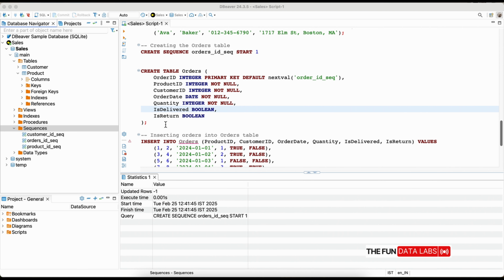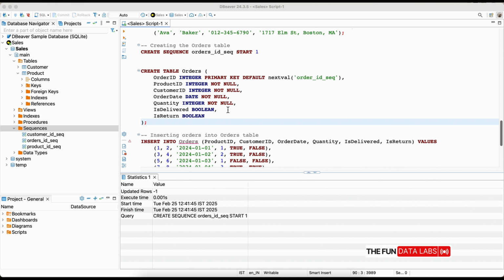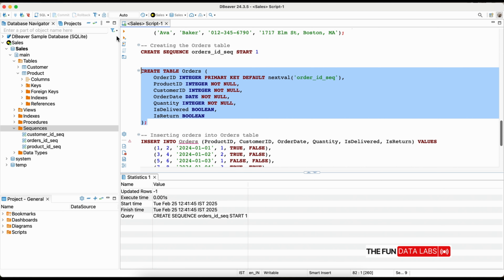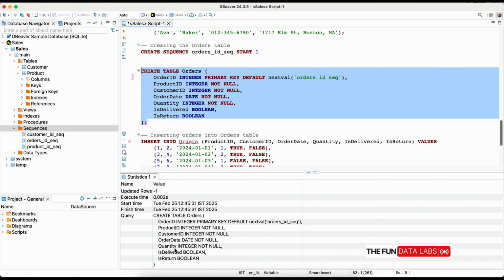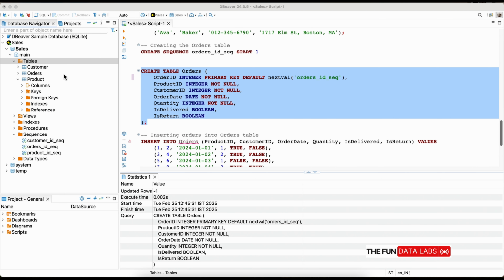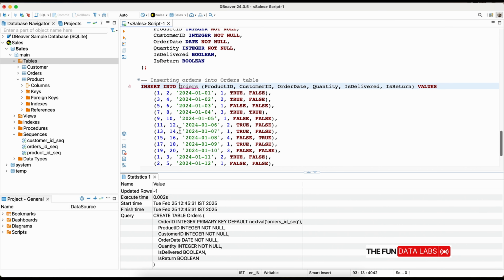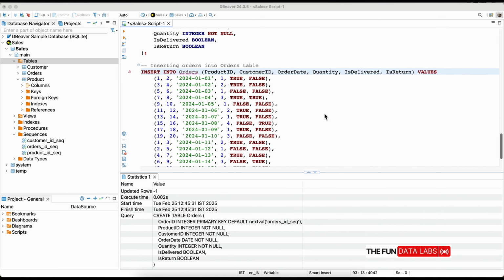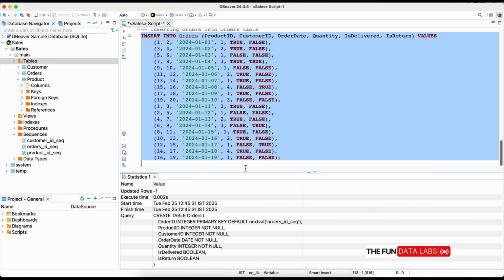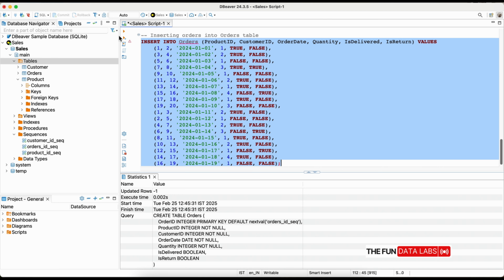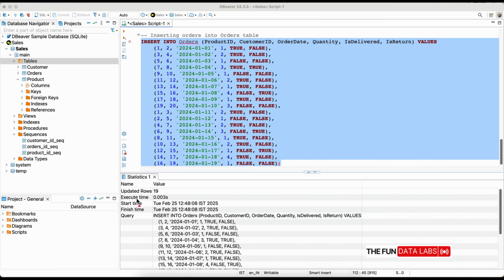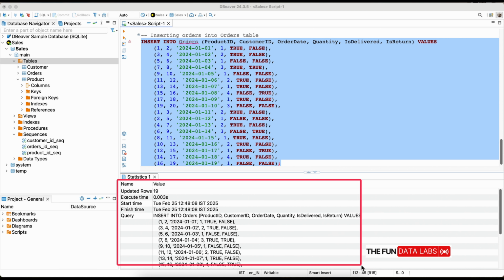We can try one last table, orders. We have a create statement simply the same as we had earlier, and we can also execute this create statement so that it creates the new table orders. And you can refresh in the left panel and you can see the new table is also available there. We can try inserting into the orders table also. For this, we have created an insert statement. Let's select this insert statement and hit run to insert into it. So we have inserted the new records in each table.